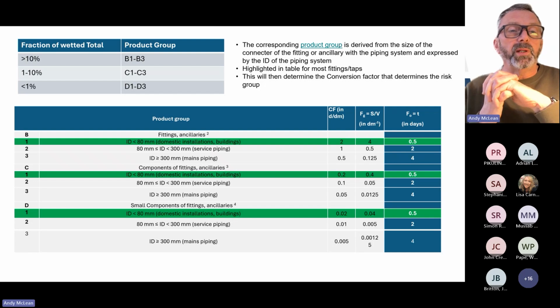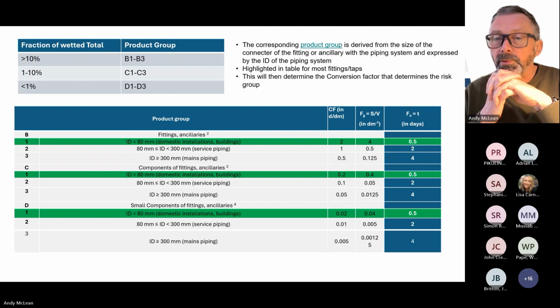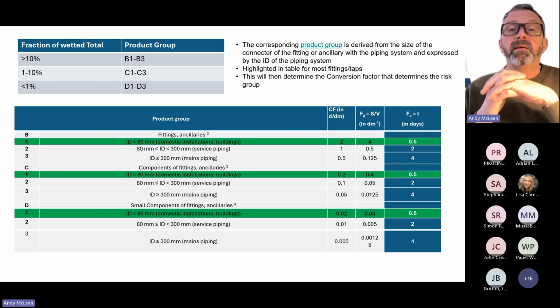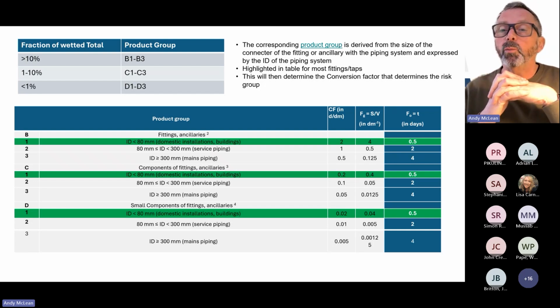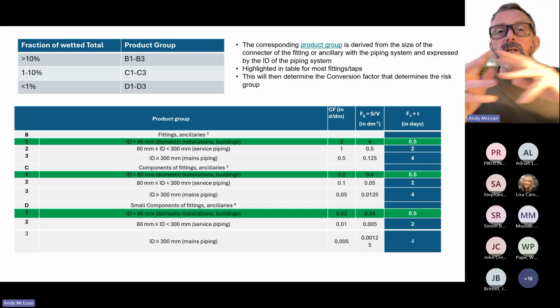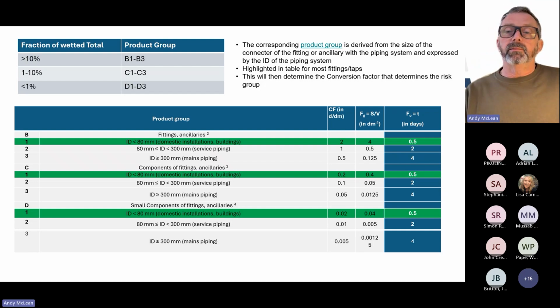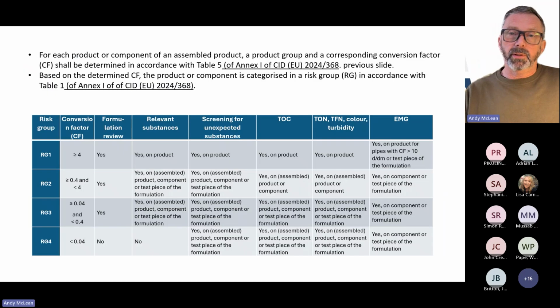And if you look at B1, the ID less than 80mm, domestic installations in buildings. So I think you can see there we naturally fit into that. And what you're actually looking at is the conversion factor in the third column there. So CF in DDM, because that then relates to the next slide, where you look at the conversion factor here,